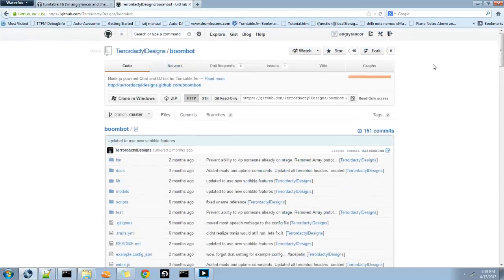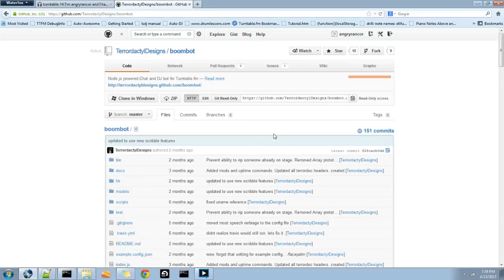And I like this bot, but I noticed that I use it for queues. It has a pretty good queue algorithm if you're looking for a bot that can do a queue. And so you can do 1 to 3 songs before you DQ someone and knock them off the stage. And so I started running this bot for that reason, just as a bot that can run a queue, because